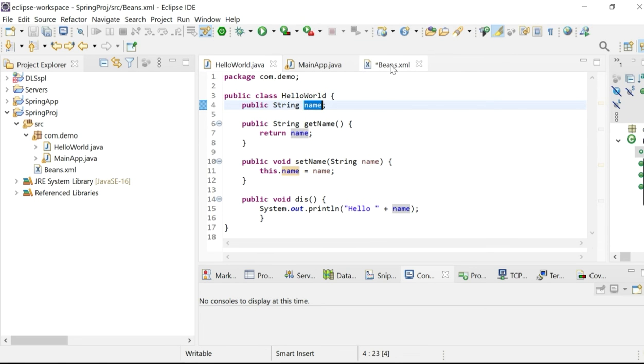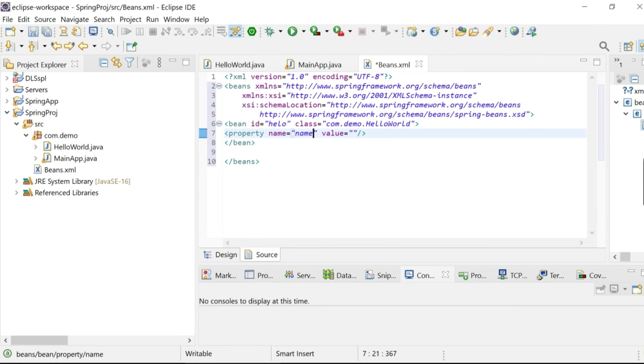So I give the same name here. Then this variable name should hold the value Tamil Nadu. That's it. We have defined the bean HelloWorld. We created the object hello, and we assign the variable name equal to Tamil Nadu.